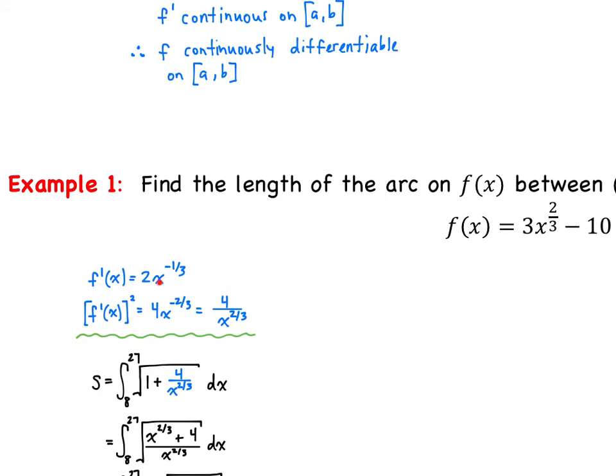So f prime is going to be 2x to the negative 1/3. So f prime squared, because we'll need that for our formula for arc length, is going to be 4x to the negative 2/3, or we can write it as 4 over x to the 2/3. Plugging it into our formula,